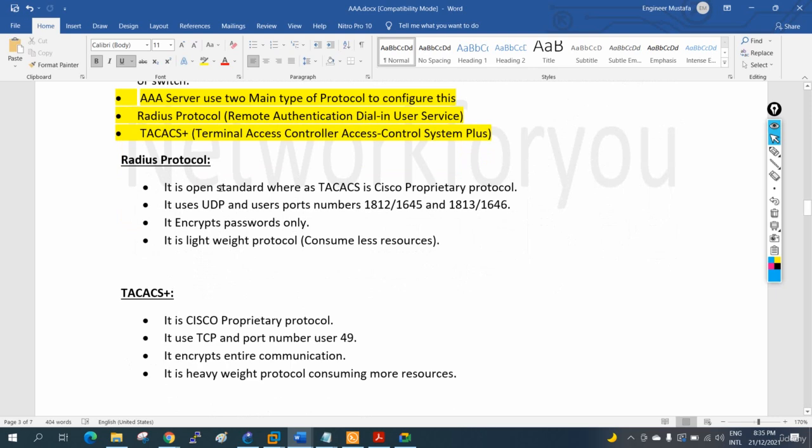So RADIUS is an open standard, whereas TACACS is Cisco proprietary. Radius is an open standard, whereas TACACS is Cisco proprietary. It will work only in the Cisco device. And RADIUS uses UDP, and the port numbers are